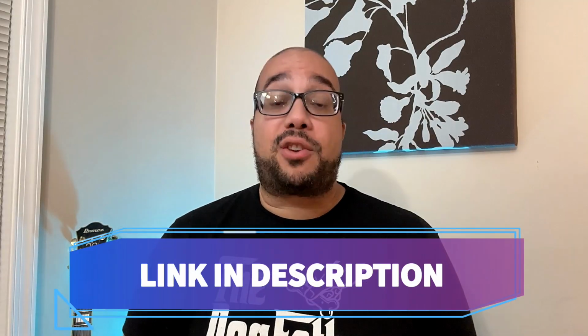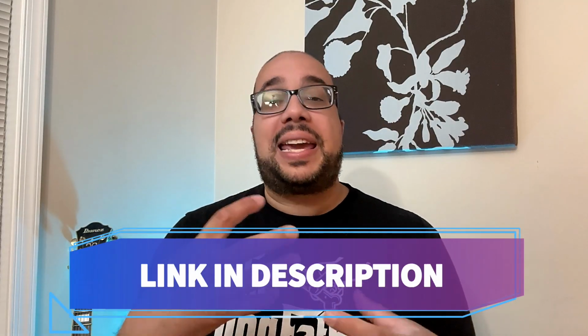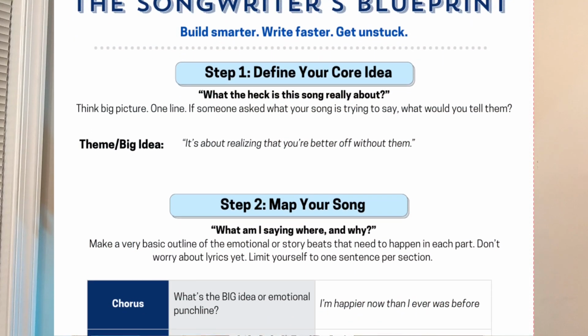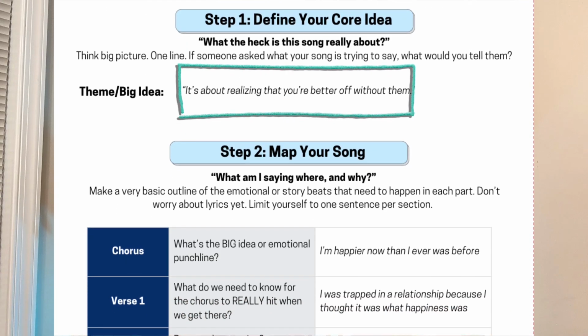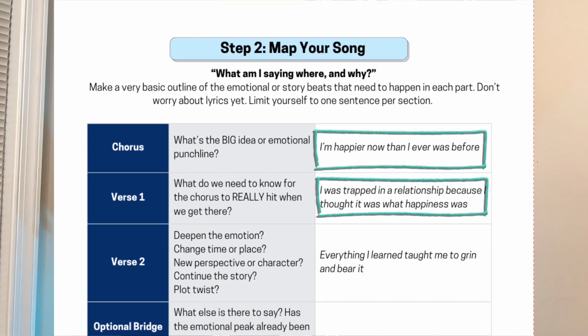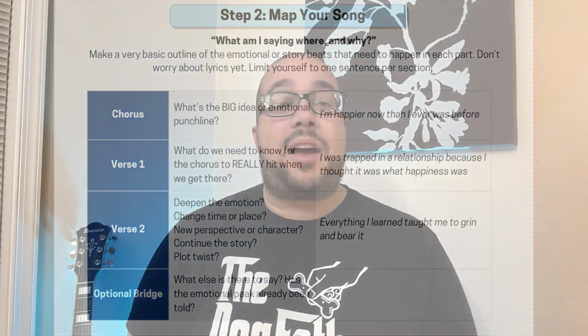This exercise won't take more than 5 minutes of your day. It's a great way to build on a song idea, break out of writer's block, and make lyric writing way easier. All we're doing is planning our song's outline ahead of time. We're choosing the key points, we identify those, and then we're gonna decide which parts of the song tell which key point. This isn't something new. Authors write outlines before prose. Painters sketch before painting. I mean, it makes sense that we get our own thing. Anytime you have a song title, a topic, a lyric sample that you came up with, take that and do this